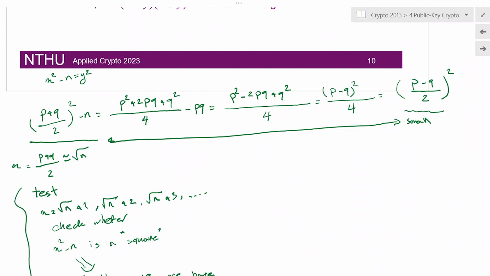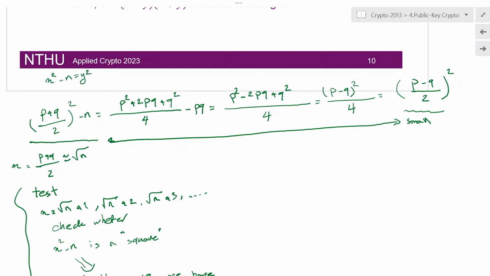As long as p and q are close, we know that the difference between (p plus q over 2) and the square root of n is small, and since that is the case, this should be very close to the square root of n. So I start to try some numbers around the square root of n,